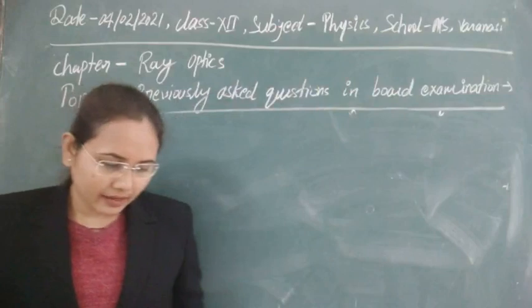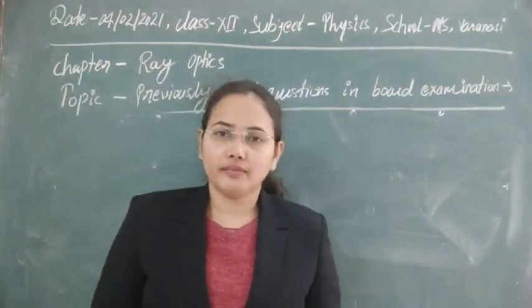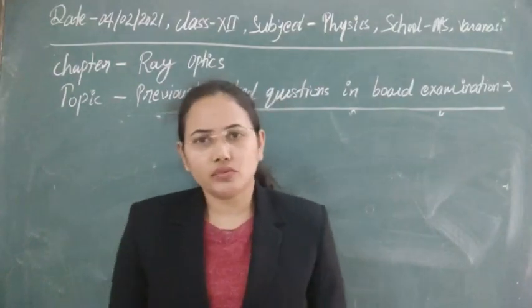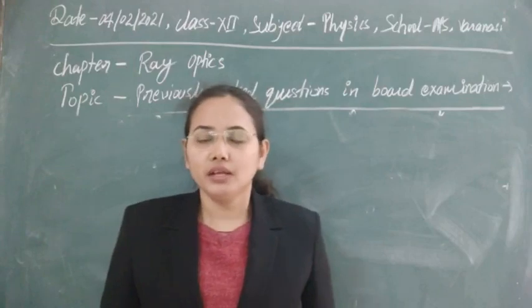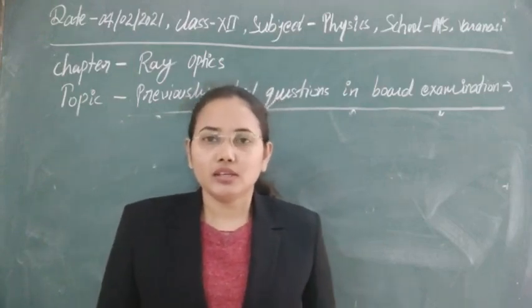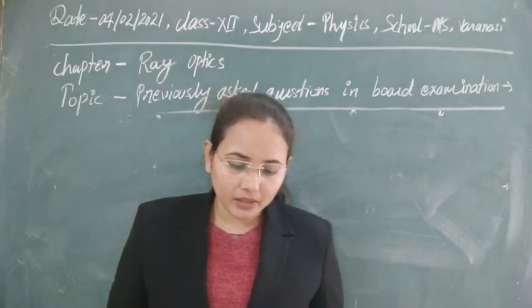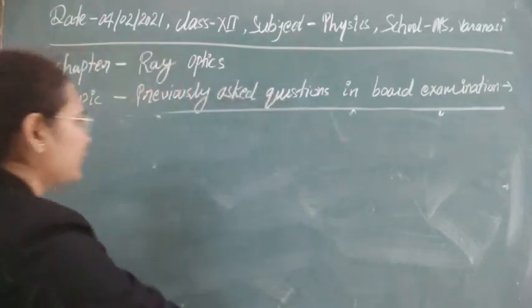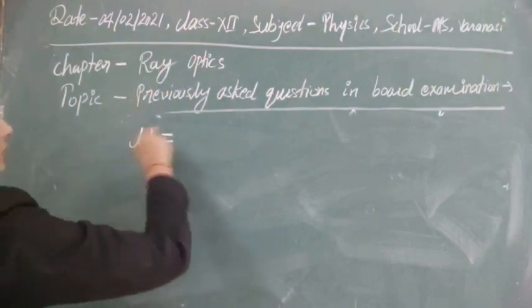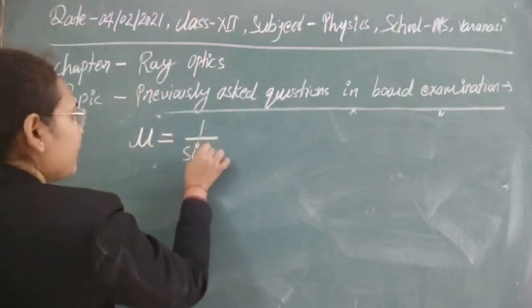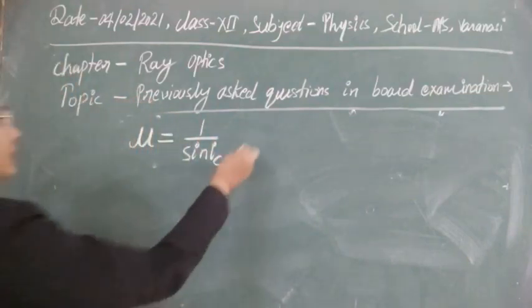Calculate the speed of light in a medium whose critical angle is 45 degrees. I think I explained this type of question yesterday also, but still let's see it again. It is given that we have to find the speed of light in a medium whose critical angle is 45. So first of all, you know that mu is equal to 1 upon sine IC, and this relative refractive index can be written as